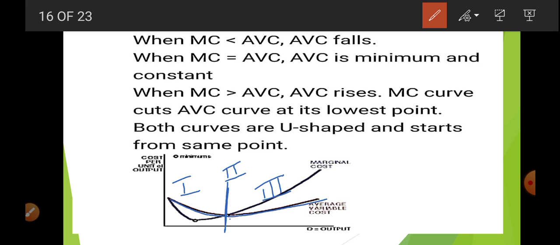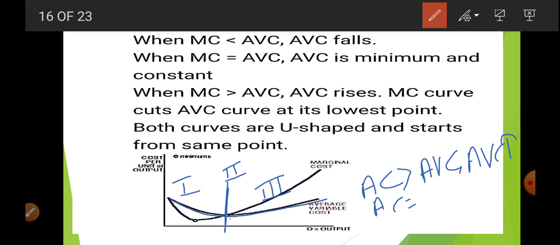When AC curve is greater than AVC, AVC increases. When AC and AVC are equal, at that time AVC curve is at its minimum point,